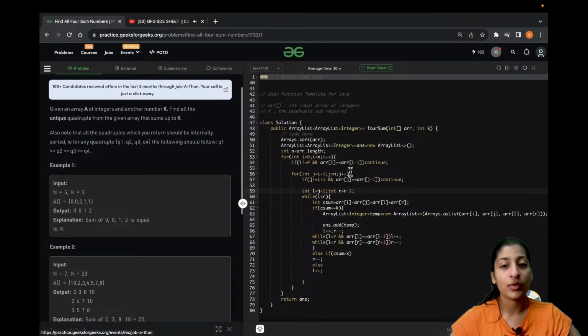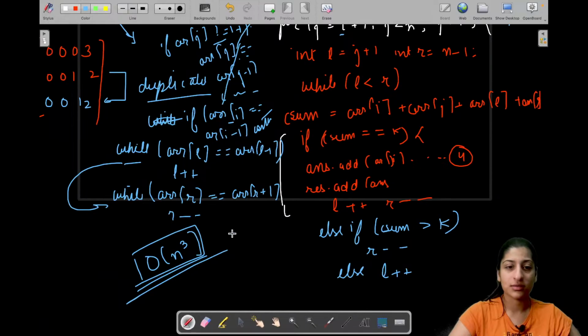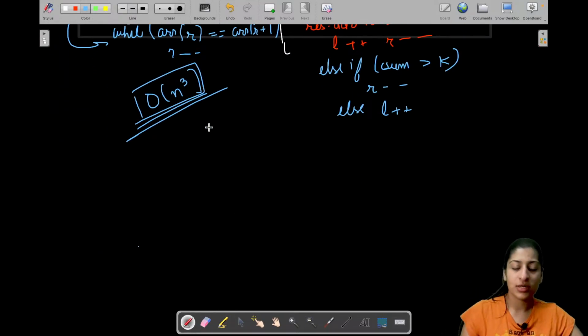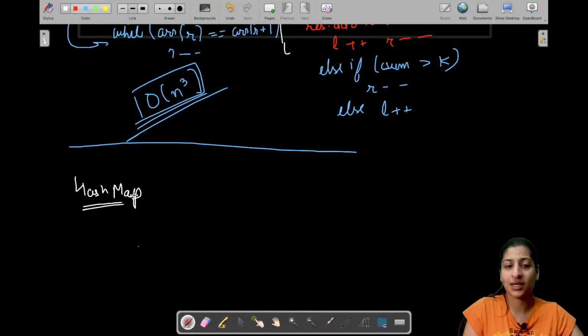Then there is another approach using a hash map, which I was talking about, but I see that the lecture will go beyond the time, but I will introduce that logic to you. So we are keeping a hash map. Just quickly, I'll not go into details. We can take this in some other lecture. What happens is we are keeping track of